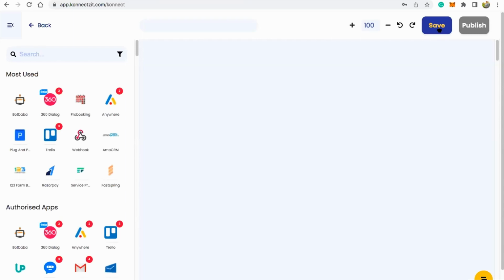So this is where all the magic happens. This is where you can drag and drop and connect between the apps. I'll show you how to actually build a workflow. First use case I'm going to take is Facebook lead ads